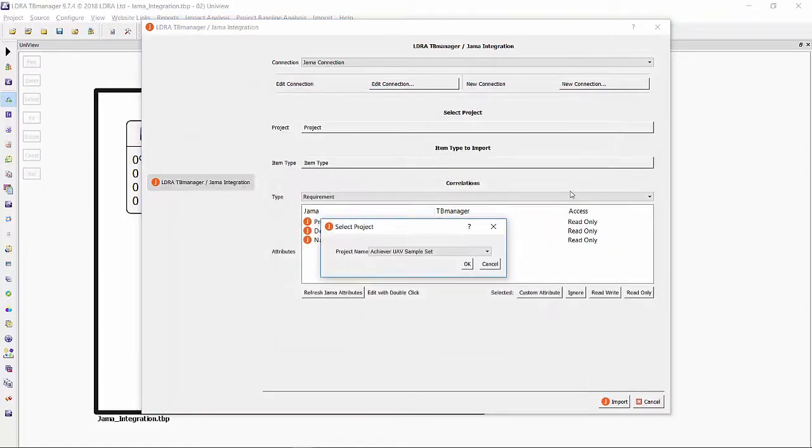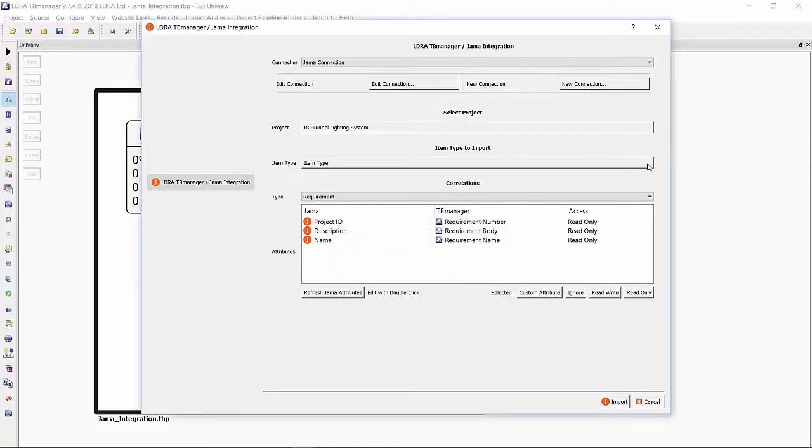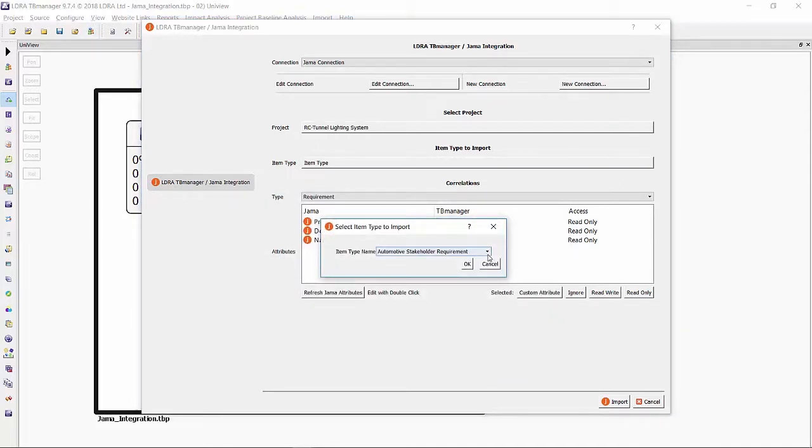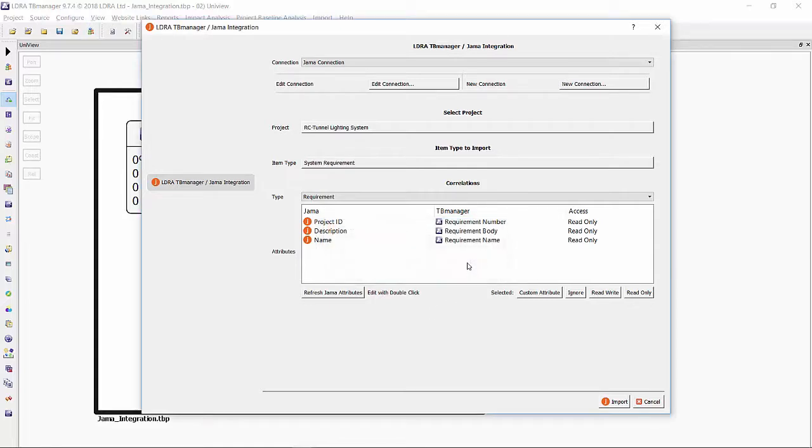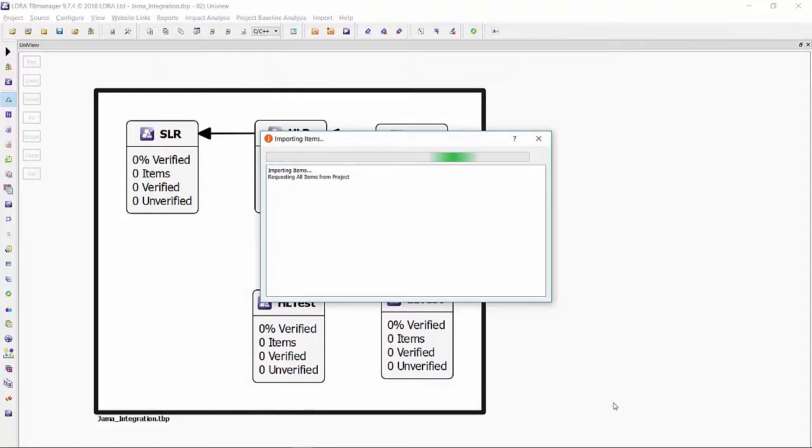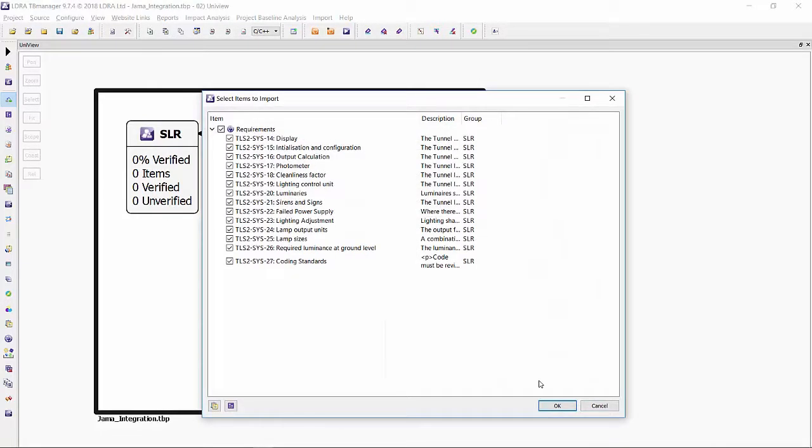I'm going to now select the project that I need to bring in that information from. That's the tunnel lighting system. I'm going to select now what I'm importing, which is the system requirements. I'm going to refresh the Jama attributes. Everything looks correct, and I'm going to perform that import. Here's the list of all the system level requirements. I'm going to go ahead and hit OK to import all of them, but note that we have options to